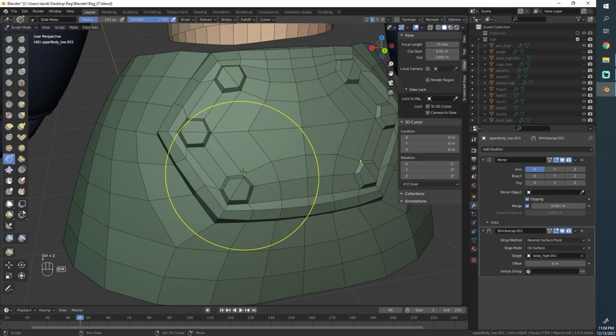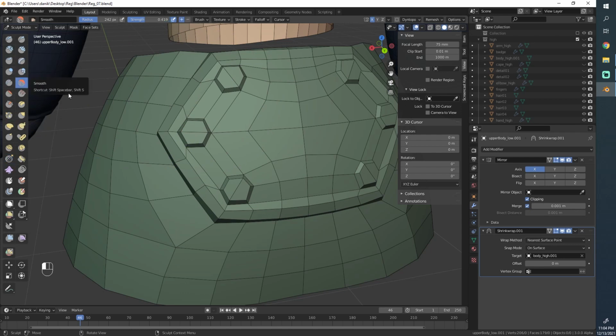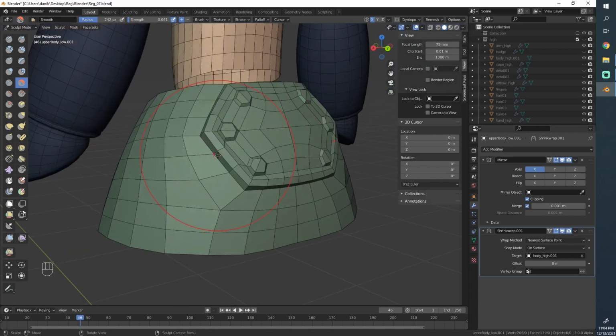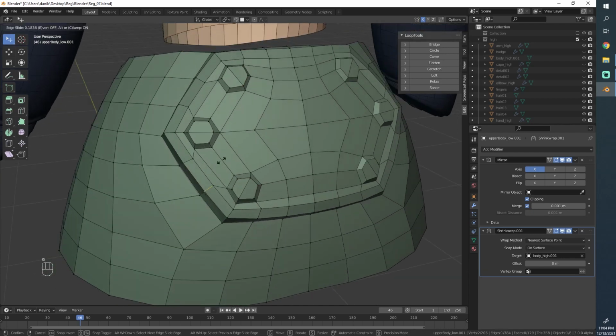In the end, what I also like to do is to just very slightly brush over this with some sort of smooth brush. I mean, it will a little bit, let's just use a normal smooth for this. Nah, that's maybe not the right one. Maybe very weakly. It will distort everything a bit, so we have to do some fixing of that afterwards, but at least it helps you not to overdo anything, and it just evens things out a little bit.